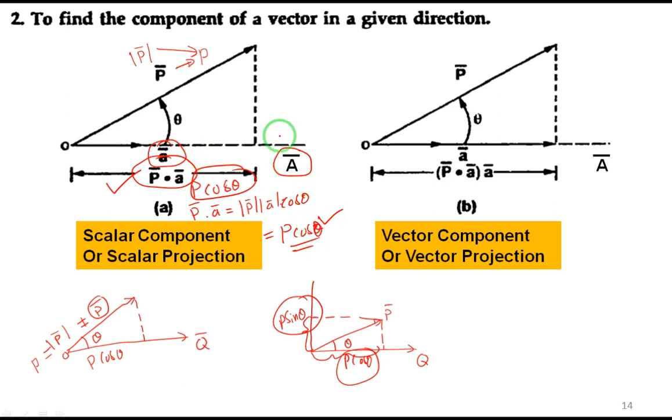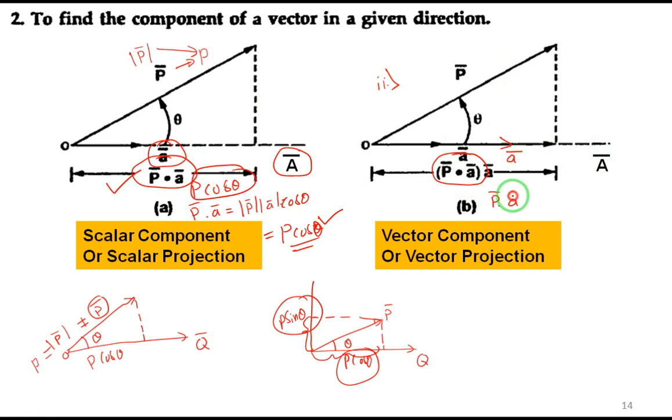Then if I associate direction, in the same diagram, this is the first diagram. In the second diagram, if I associate direction, meaning the component of vector p along the vector a, in the direction of vector a, if I ask like that, then it is p dot a, the dot product of the p vector and the unit vector directed along a vector. In the first diagram we have seen we get a scalar quantity, and in which direction is it? That is once again in the a direction only. The unit vector along a vector is a vector, so just associate direction for it.